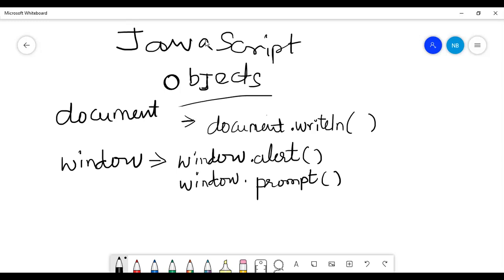So whenever we are trying to access any object according to JavaScript, we are using some methods in it. So objects will contain some methods.